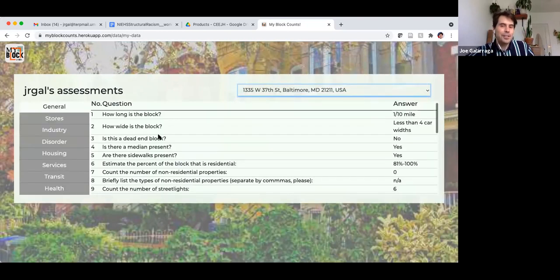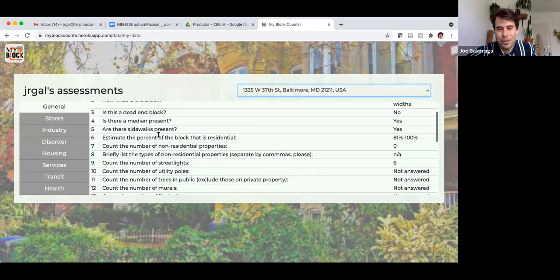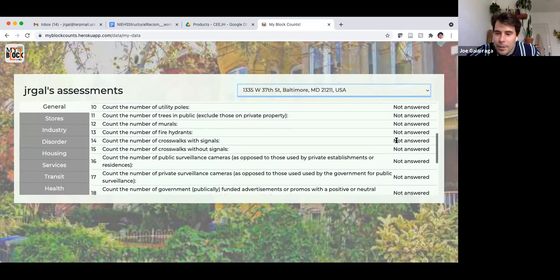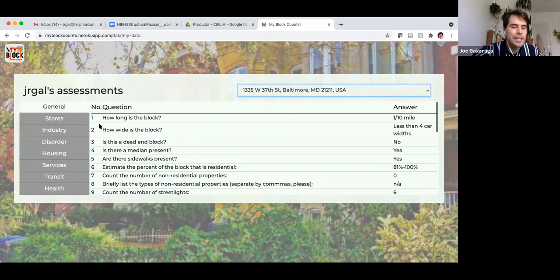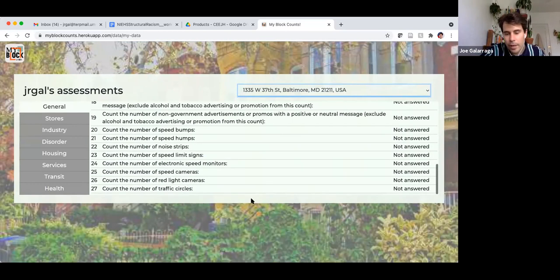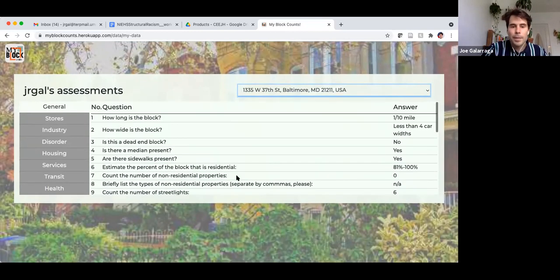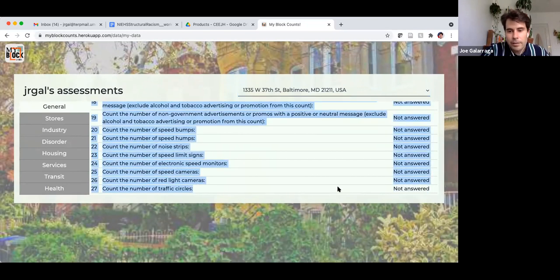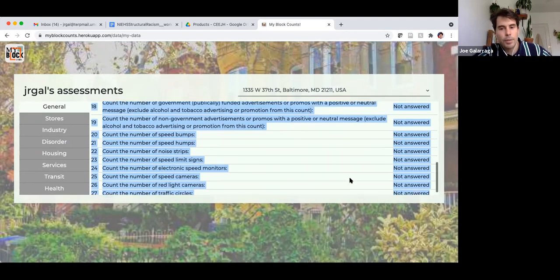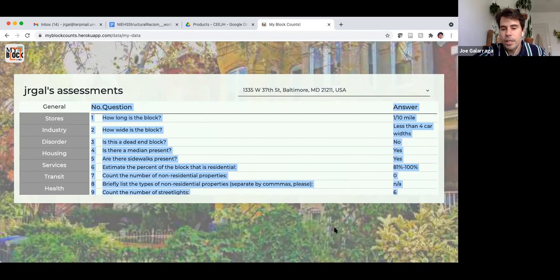Okay, here's an example of where I actually completed the survey. I guess I didn't finish, but as you can see, this is what the output looks like. As I said, what we're hoping to have is a button that, when you scroll down here, would say download CSV or download PDF or whatever it might be. But for the moment, this is how you can get your entire survey. You can just copy and paste it, and there you have it. You can put it into an Excel spreadsheet if you want to do any sort of analysis. But this is certainly something that we are working on, and there are limitations here.